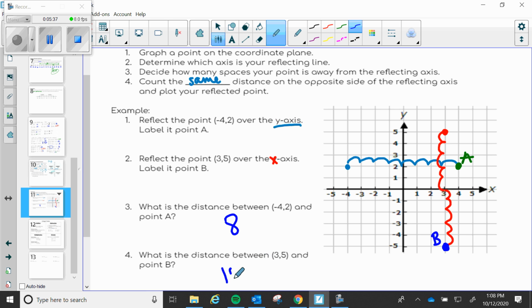So it takes 10 spaces to get from this point to point B. And that is the distance between the two. So that is how you reflect points over an axis. And it's also how you find the distance between 2 points on a coordinate